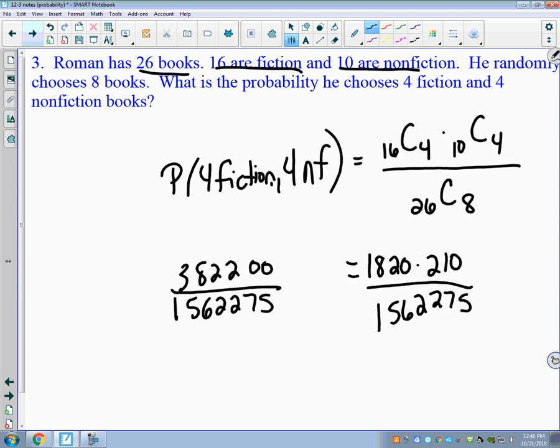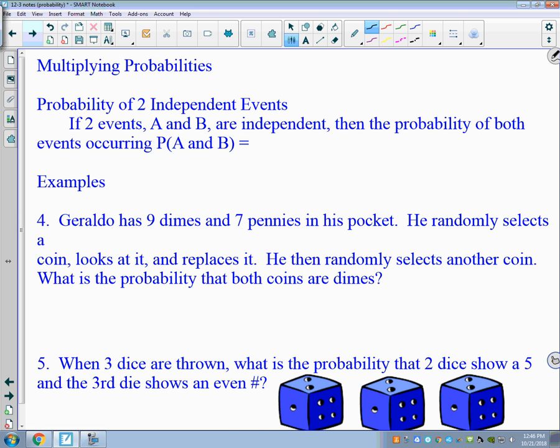So if I multiply the top there, I get 382,200. So 382,200 over 1 million ways that this can happen. And so let's see if my calculator will simplify this. It probably won't. This is where I would just write it as a decimal or a fraction. So if I change that to a percent, it was 0.2446. So that's about